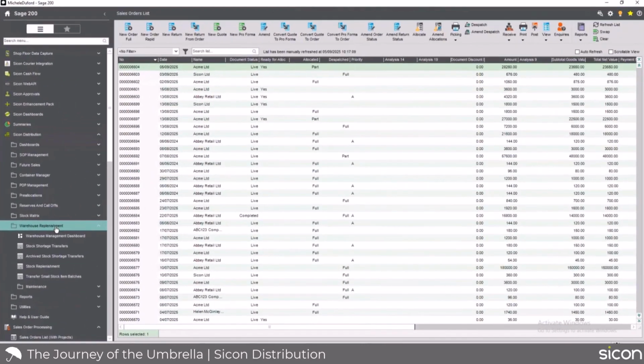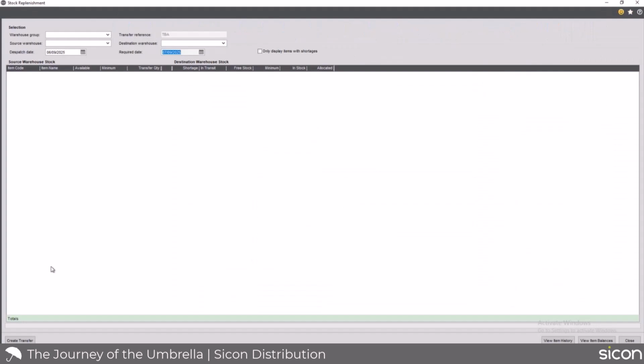The last one, warehouse replenishment, where I just want to show you my shortage transfers, which you will have seen in other modules. Stock shortage transfers is part of service. It's also part of barcoding and warehousing. It's also part of the enhancement pack. But in here, coupled with my stock replenishment, I can set a group of warehouses that replenish each other. So my group is the Sicon group, where the source warehouse is warehouse and where we're looking to satisfy demand from other warehouses. I'm going to choose my factory as my other warehouse,